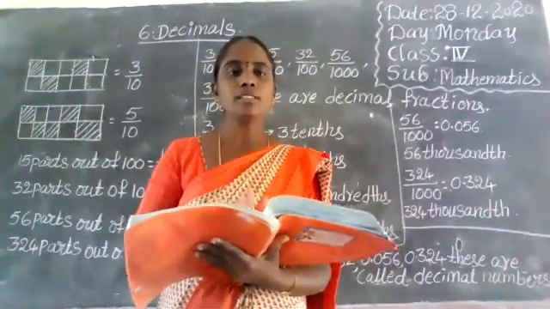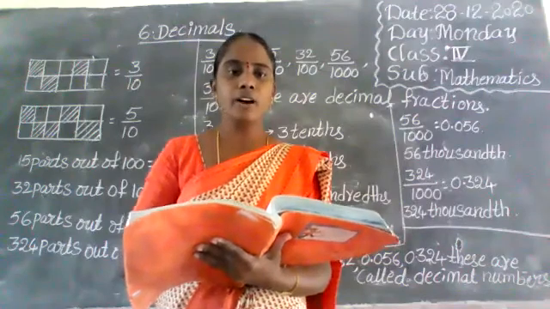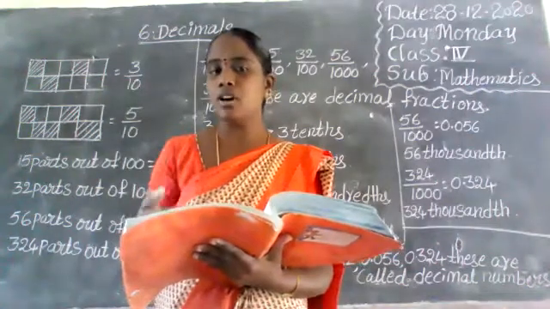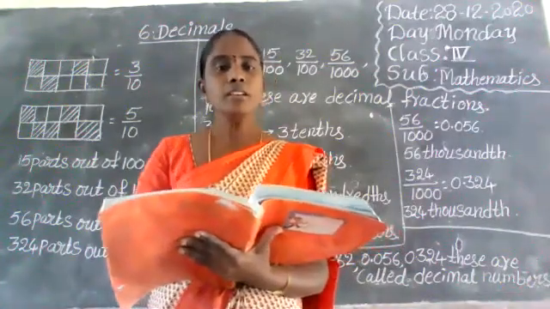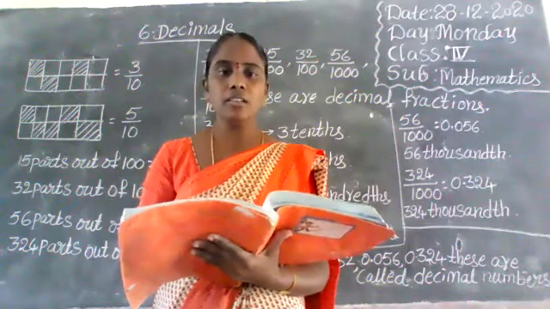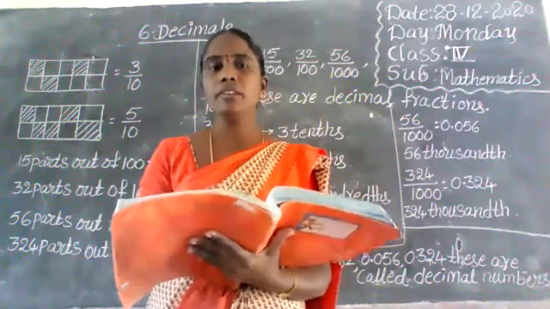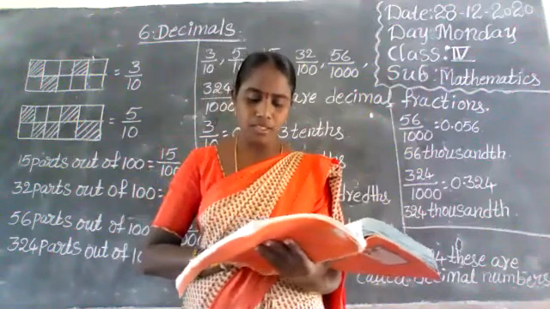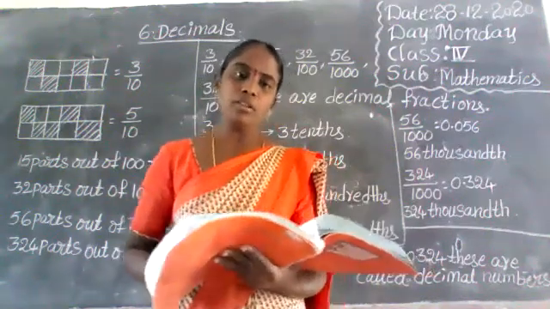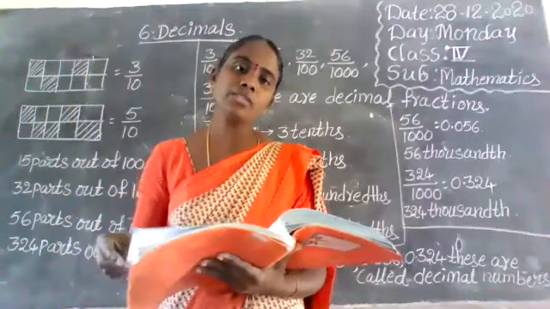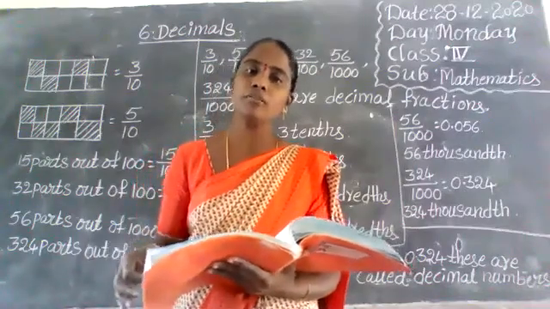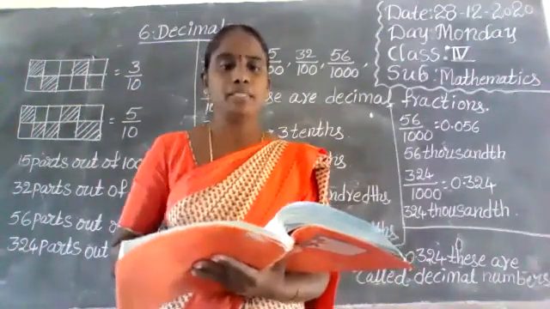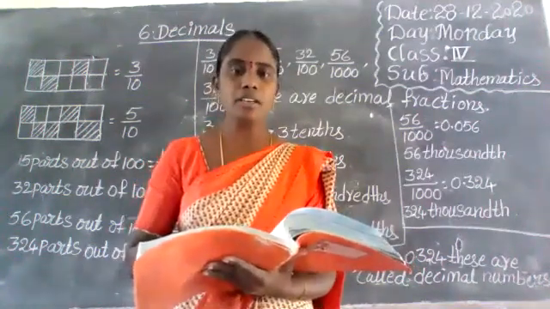And in tomorrow's class, I will explain decimal expanded form, decimal short form, how to write decimal numbers in expanded form and short form, the place value chart, how to write decimals in fraction form, how to write in number name, and exercise 6.1 sums. Okay, those only. In tomorrow's class, I will explain the place value chart, expanded form and short form, then I will start exercise 6.1 sums. Did you understand, all of you?